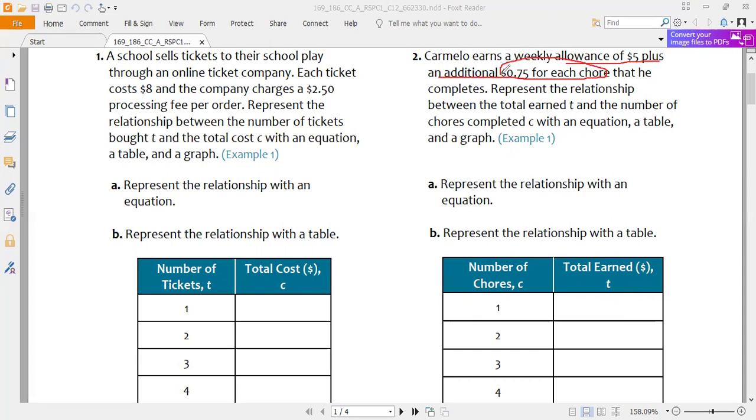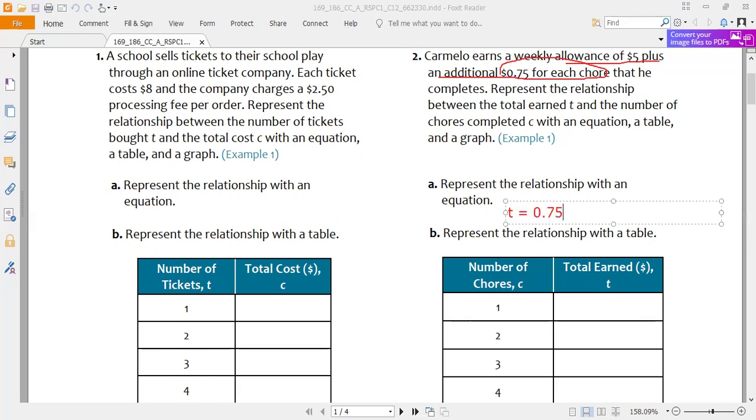It's the same as the previous question, where there was 8 and you multiplied 8 by the ticket. So here we will multiply 0.75 for each core. Core means C. You can see here in the table, the variable is C. So 0.75 times C plus an extra allowance that is $5. So we can write an equation, but which variable do we need to find? The total earn. So to find the total earn, we can write T equal to